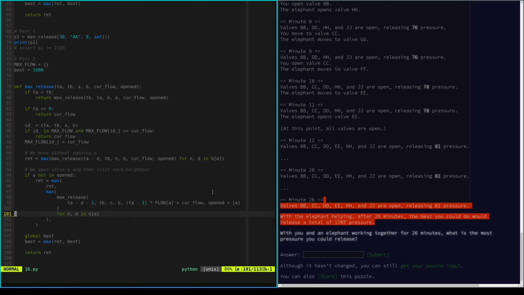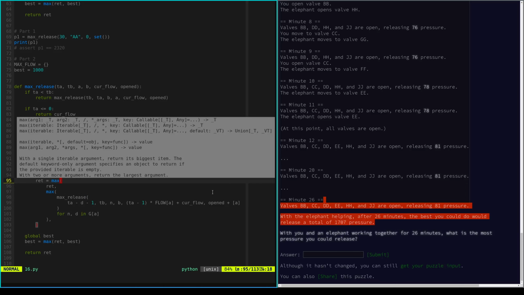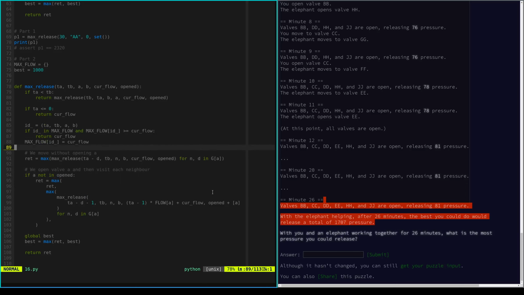Another way to see it maybe is that if A not in opened, we're doing this, TA minus D minus 1, TB, N, which is the neighbor, B, and blah, blah, blah. We're only reducing the time of the A, keeping the B equal, changing the N, and so on. The return is just the maximum of the maximum, so we could say also